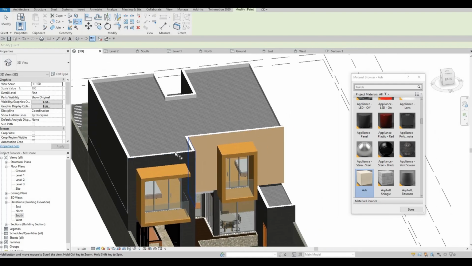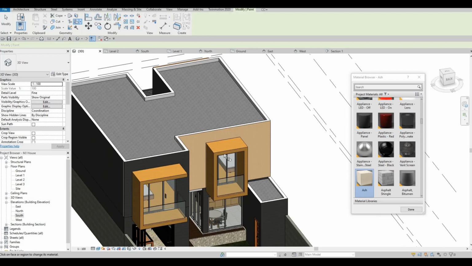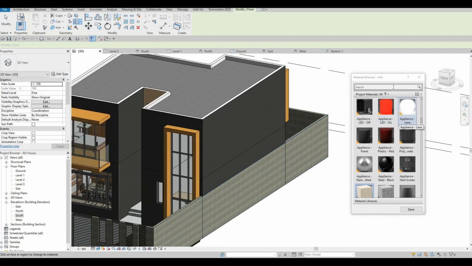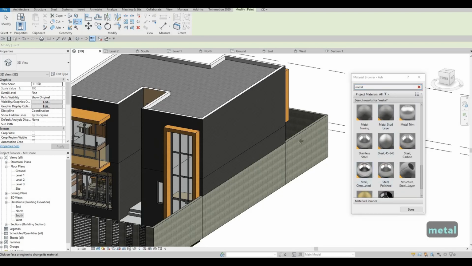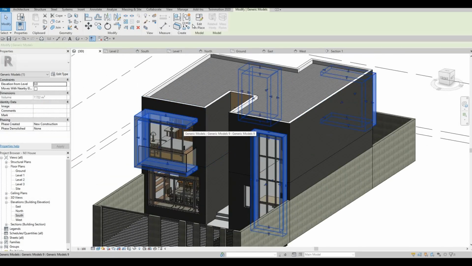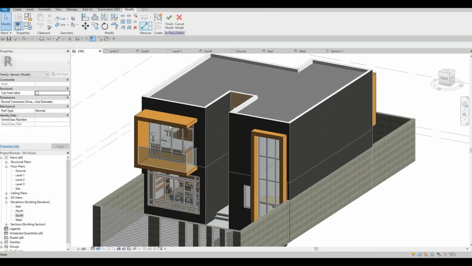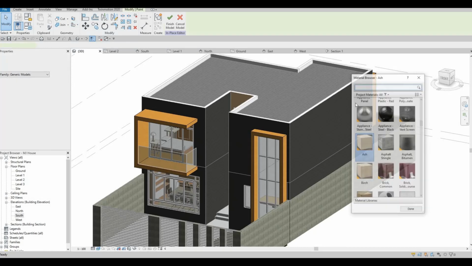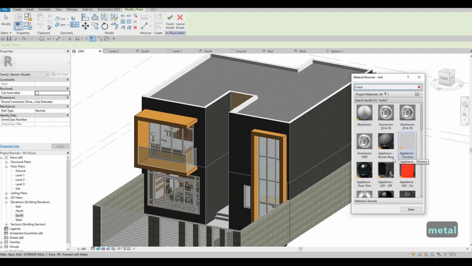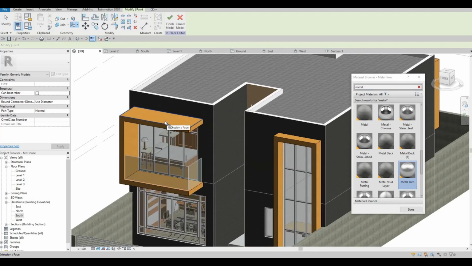And then obviously we will need another metal because this is the extruded part. I want the wood to be only in the inside. So what we can do is we could go to metal again, and then we're gonna choose something, but this is an extruded part. So if it's an extruded part, you will need to select the edit in place, and you will need to do the paint right here. So now what I'm gonna do is I'm gonna pick a metal again that we haven't used, and we're going to select that. So here, click on metal,